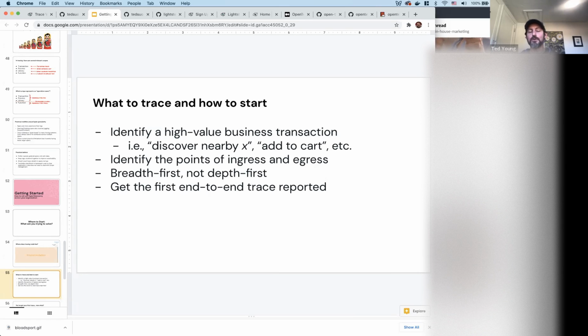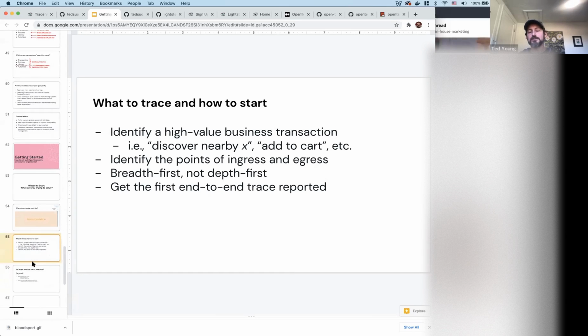But have some kind of goal that's high value and important, and try to do the work of instrumenting that transaction first. So finding all of the services that are part of that transaction, getting OpenTelemetry installed, making sure context propagation is flowing and that you can get a proper end-to-end trace for at least one transaction that people in your organization understand and care about. If you do that, then it becomes a lot easier to explain the value of distributed tracing, and you can potentially get there faster than trying to add OpenTelemetry everywhere.